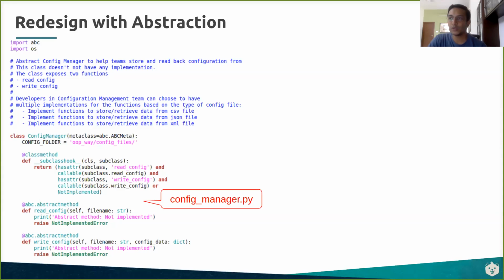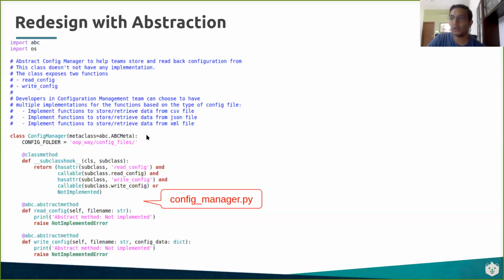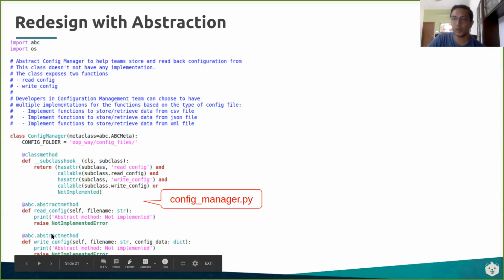So what is the best way to do that? If we start adding more and more methods to this config manager, it becomes very bloated. So what we are doing here is setting up this config manager as an abstract class, right? So we are saying anybody who needs to read or write config, these are the things that we'll support, right?